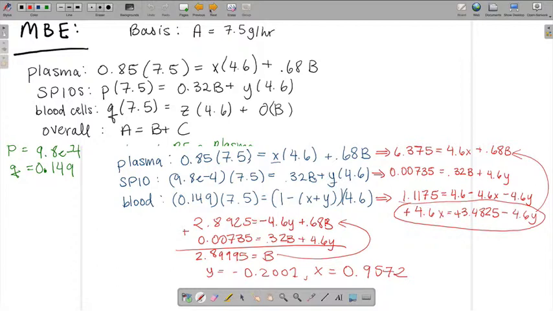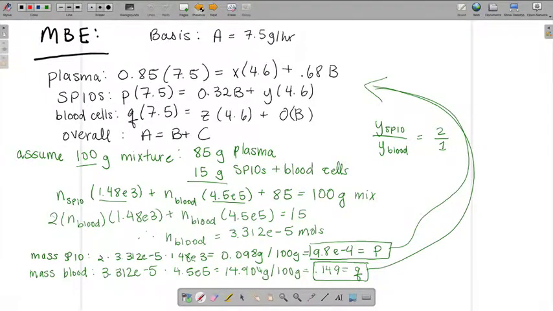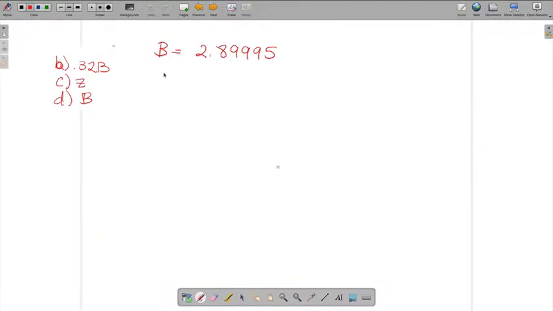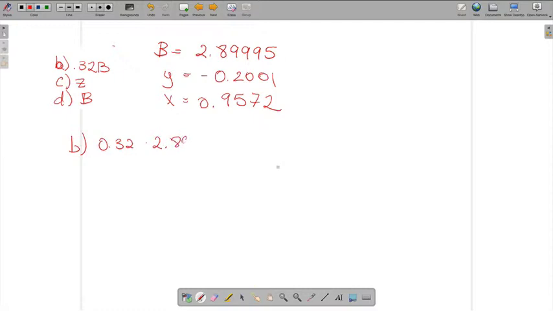So we can use that to solve for z. So we would be 0.32 times 2.89995. So that is simply